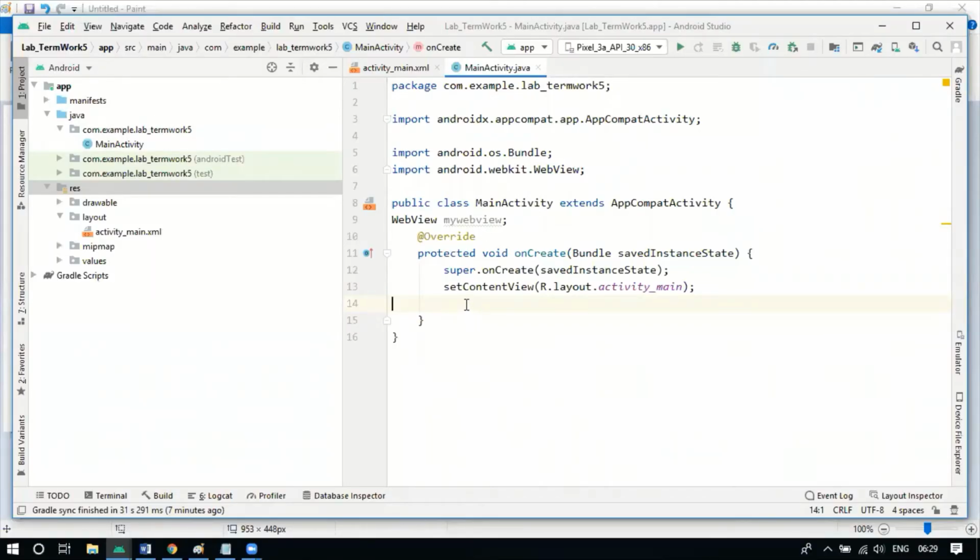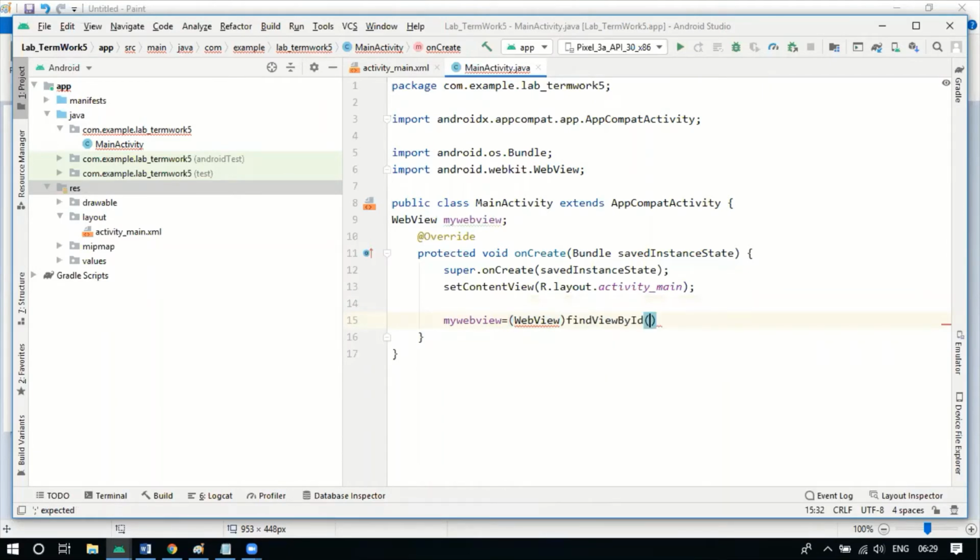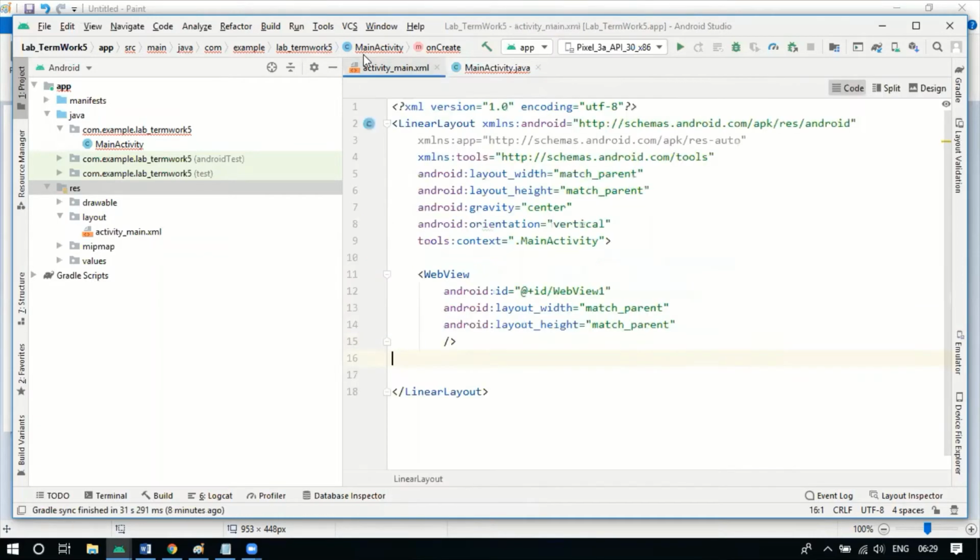So you'll take this object, my web view, that's equal to web view, and find view by ID. So this is the reference for the XML element, that is the web view that we have designed here. Thus you need to access that element in the Java class.